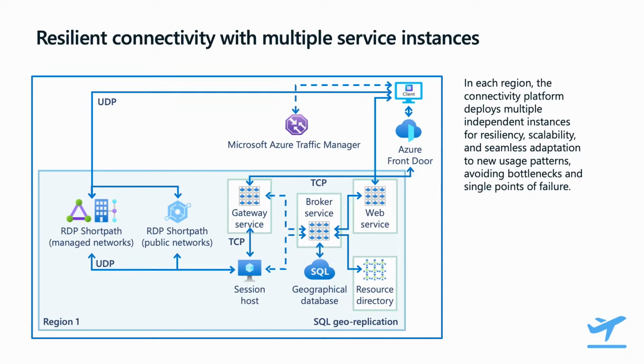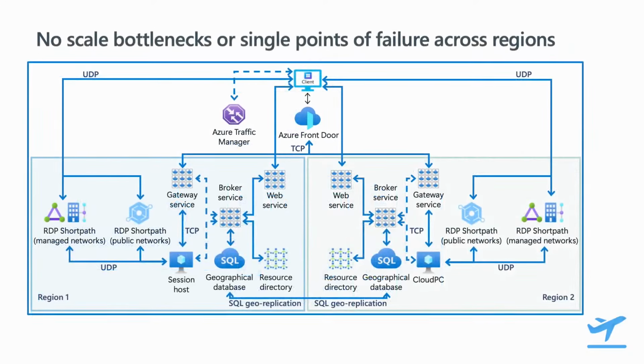But this is just one region. We operate this connectivity platform in around 40 Azure regions as of today. So if we extend this further to include a second region, region 2 that you see here on the right, what you can see is that this then enables users to access the connectivity platform through a different set of infrastructure in an additional region